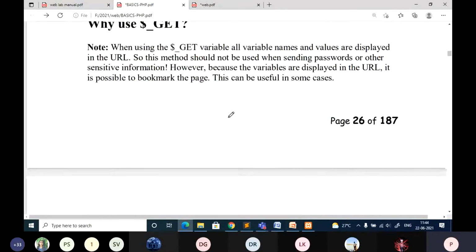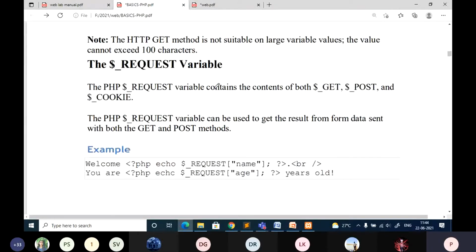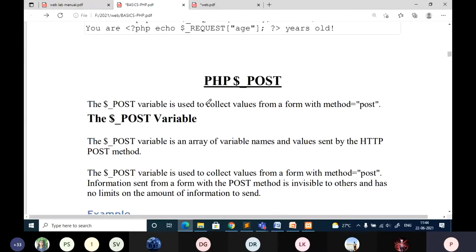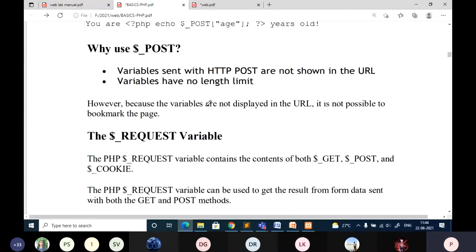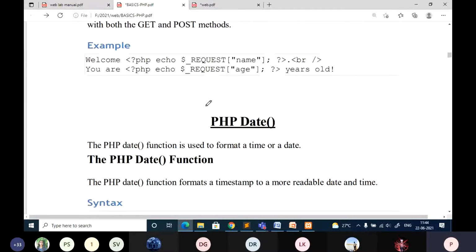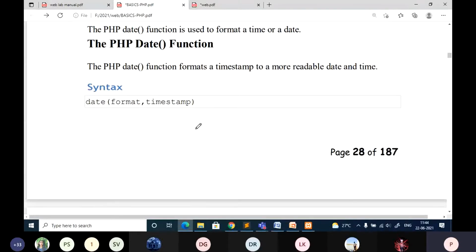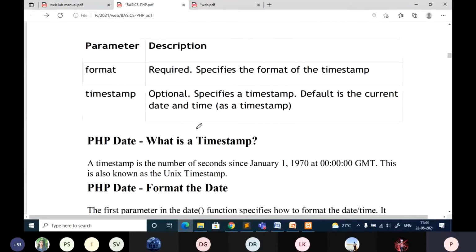So you can quickly do all these programs by yourself. We'll discuss all this request and all in the next class. As of now, I have finished even the date functions. These are all simple programs. I think this document shows there are 700 functions. Here I am not going to deal with all those. Sorry, it is 700 functions. Wherever it is necessary, you can make use of those functions.